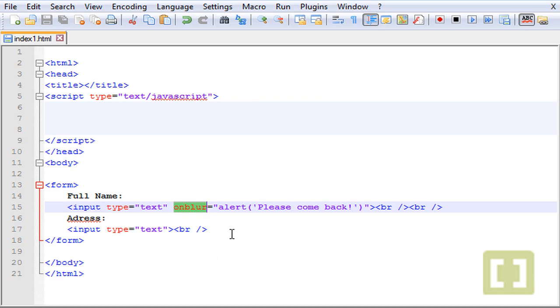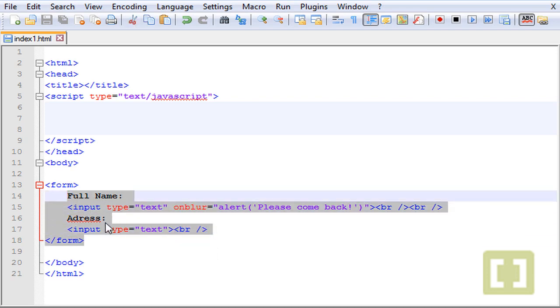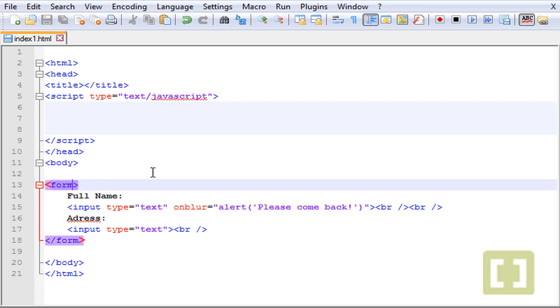You also have another one very famous, which is the onSubmit, and we use that a lot on forms. So let's type here onSubmit equals. Now let's type an alert here saying your form has been submitted. Okay,